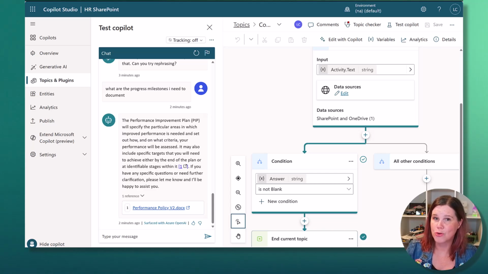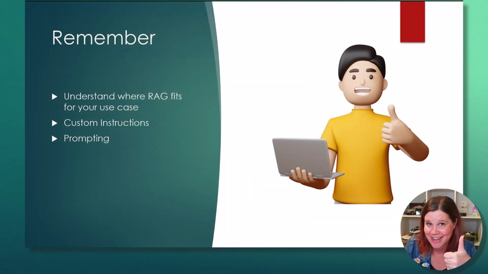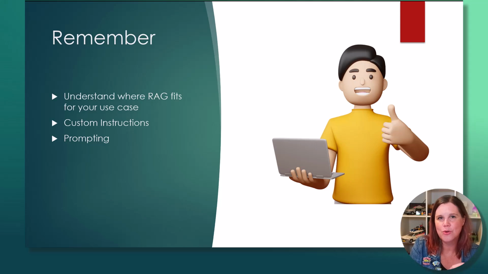So if you want to get the most out of this, then these are the core things here to remember to get to the happy place. Understand where this RAG, this retrieval augmented generation concept, fits. What are those data sources that you're connecting to? What's the use case for it? Is it the fallback for the whole bot, or is it particular topics where you want it to be? Make sure you get those custom instructions right, play around with that, you'll get a lot more out of it. And if you are in that situation where you can help your users learn prompting, that is going to be a happy place too. If you need something that is less limited than all this, check out my video here